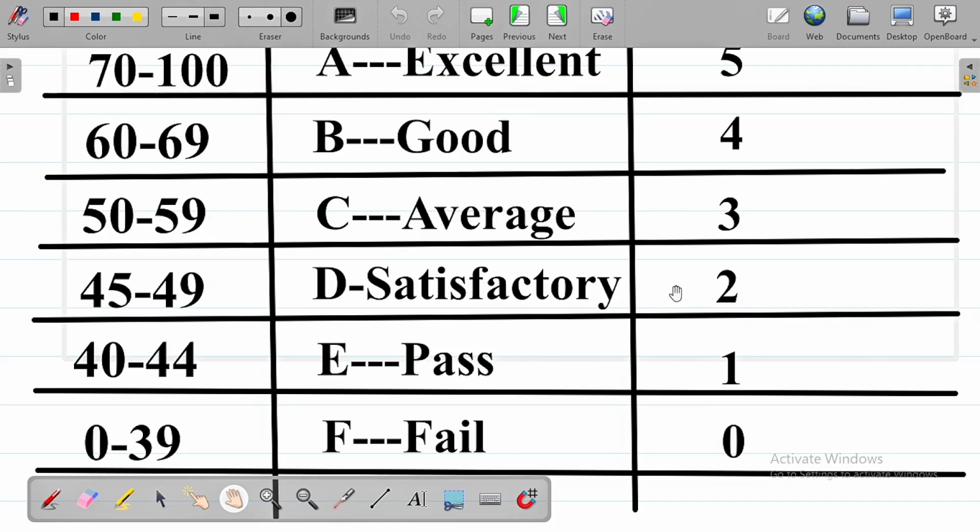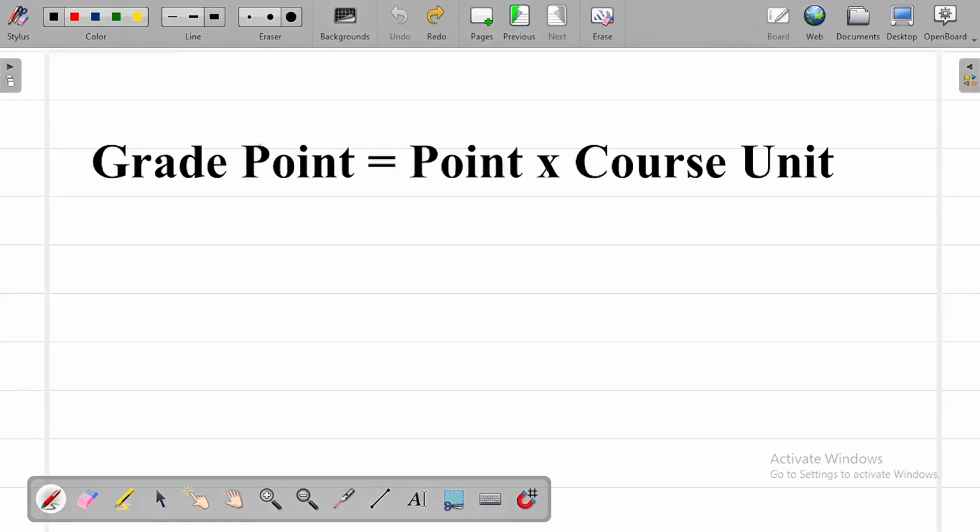All right, our next task is to find the grade point. How do we calculate grade point? Grade point is equal to point multiplied by course unit. Let's consider the first course, which is engineering maths. The course code for engineering maths is